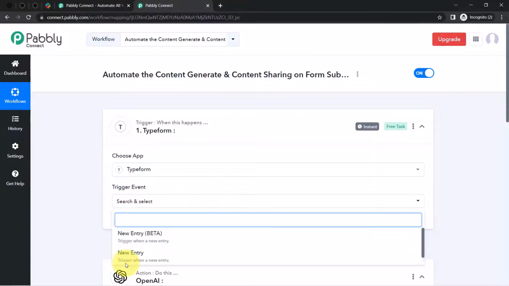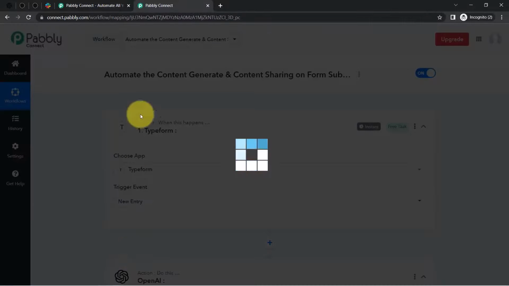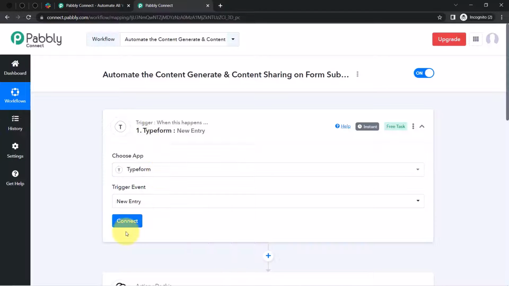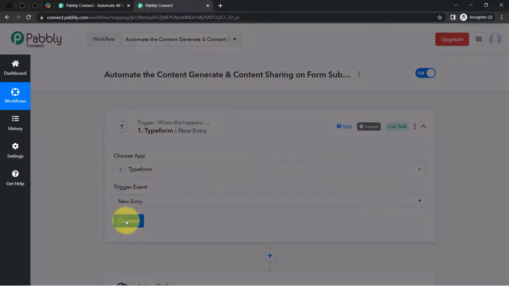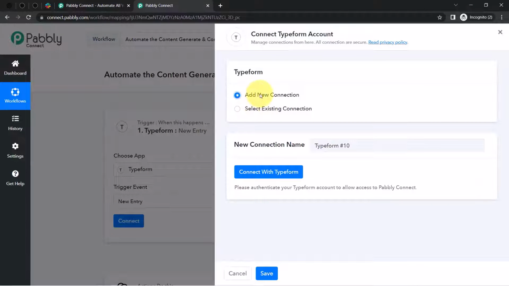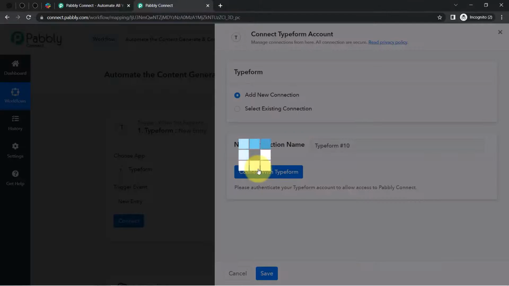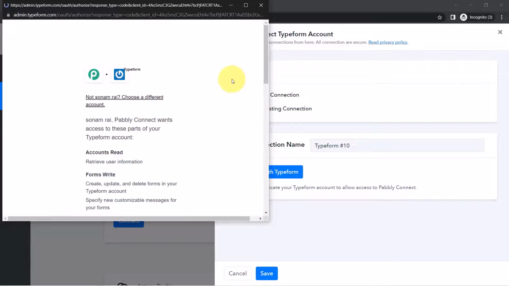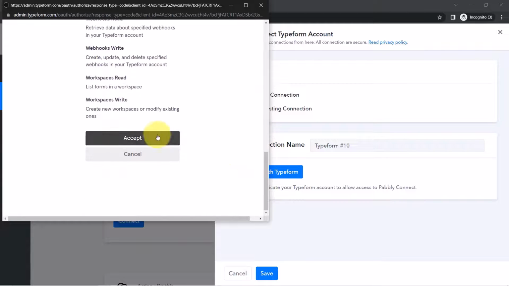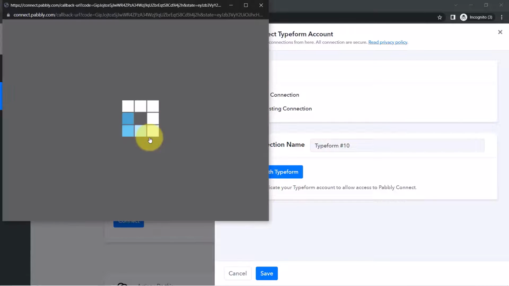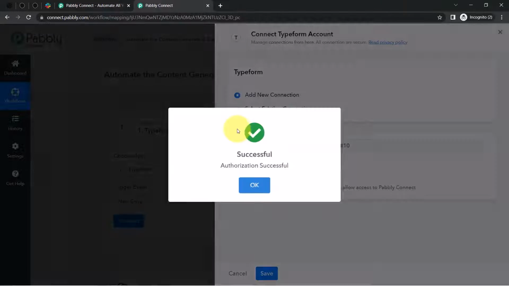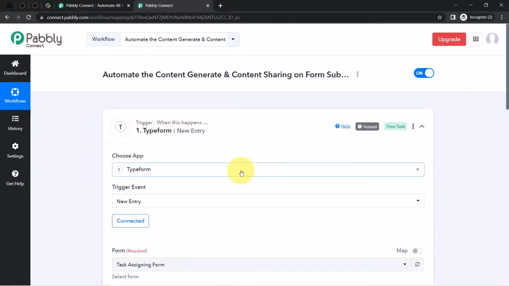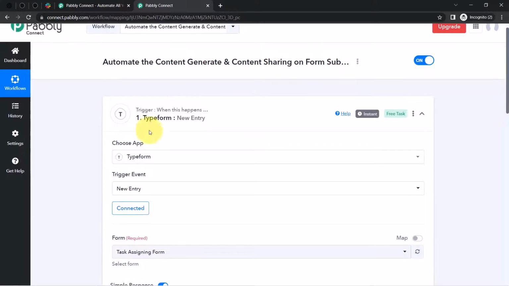I want that whenever a new entry is made in this Typeform form builder software, this automation should trigger, or you can say this automation should capture the details of the form. So simply click on this connect with the Typeform and provide the access of your Typeform application. Well, I'm already logged in into my Typeform application, so instead of asking me for the credential, it is directly asking me for the permission. I have accepted that, and here you can see the authorization is successful